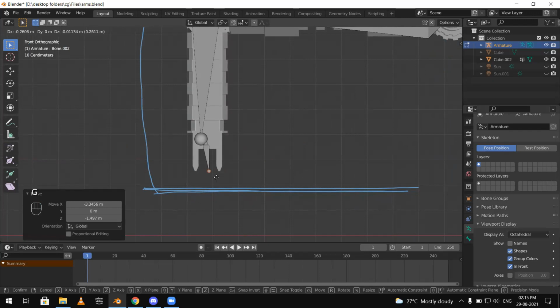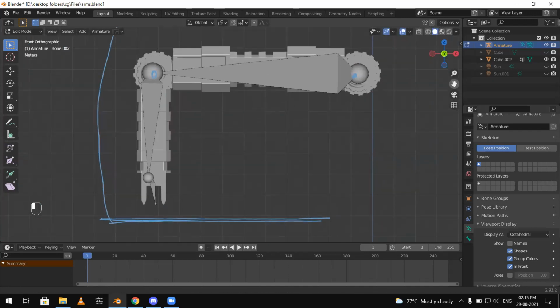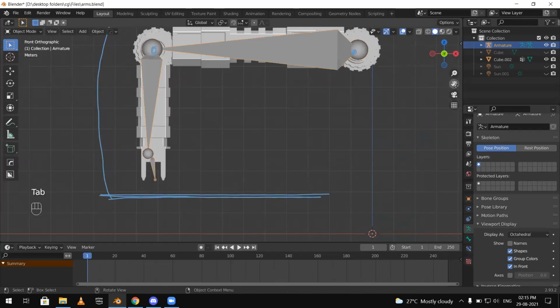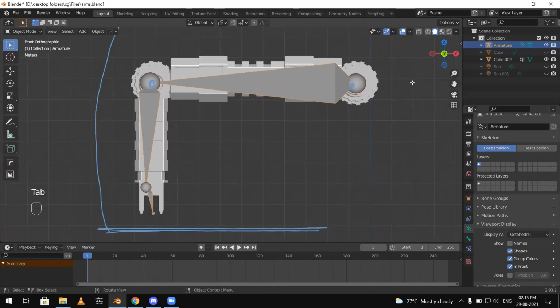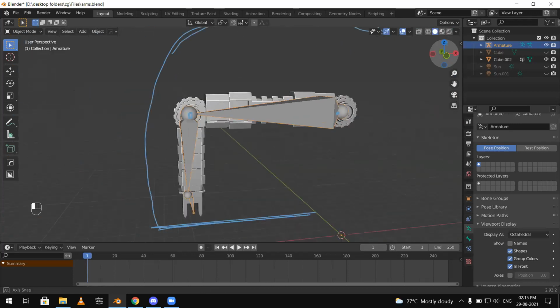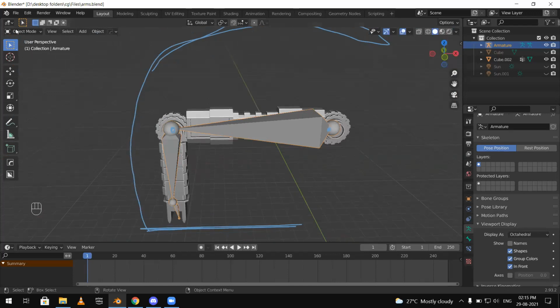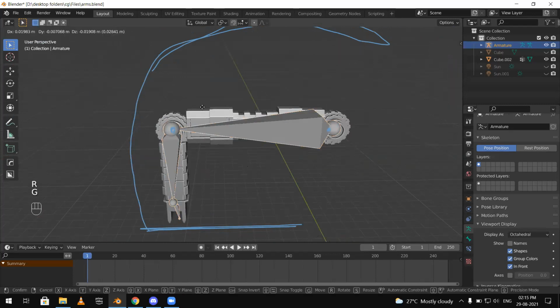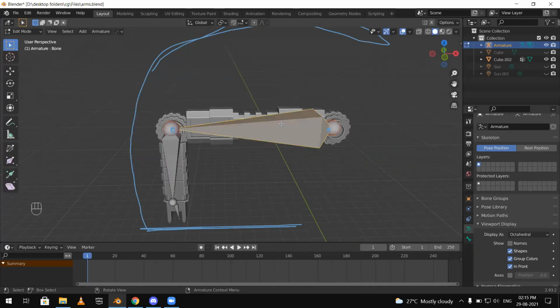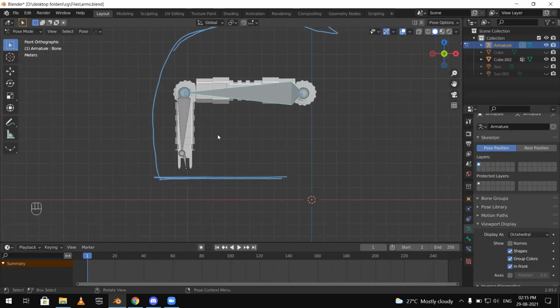Okay. Now I will press Tab, and if you have selected any bone or any armature in Blender, it gives you three modes to edit that armature or the bones that you have added. These are the object mode, where you can edit the layout, rotate it, and move it along, do as you will. Second is the edit mode, which allows you to edit the position of the bones. You can scale them however you want. And third is the pose mode, which we are going to work in now.